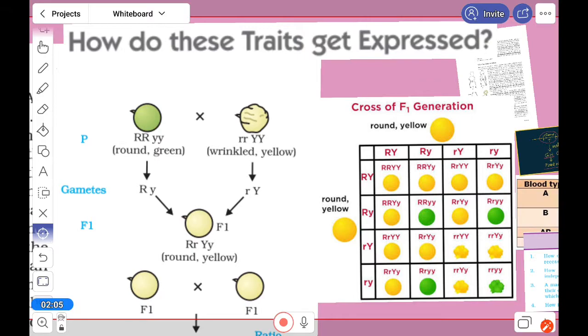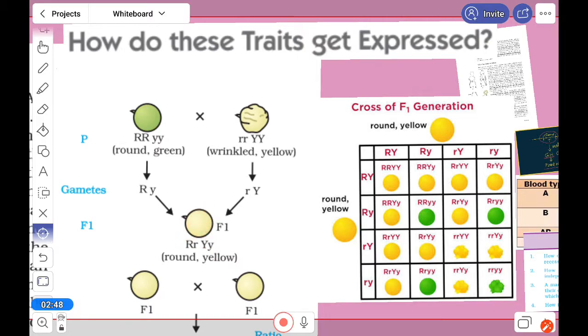By taking two characteristics in Mendel, we know that here is round and green, and wrinkled and yellow, which will form the gametes. The gamete will come from one parent with the round and green characters, so RW, and from the other parent the wrinkled and yellow. So these are the genes. This gene is found in the gamete, and when the individual forms, it will be round and yellow. Why? I think you know, because round and yellow are the dominant characteristics.